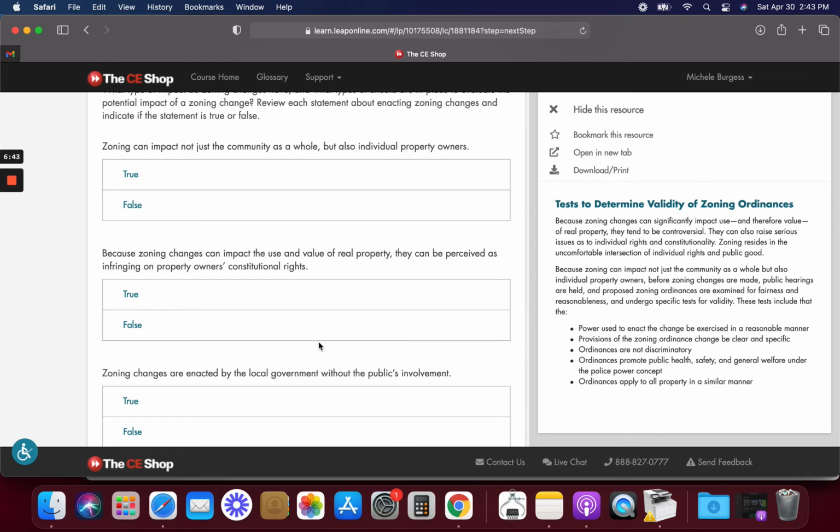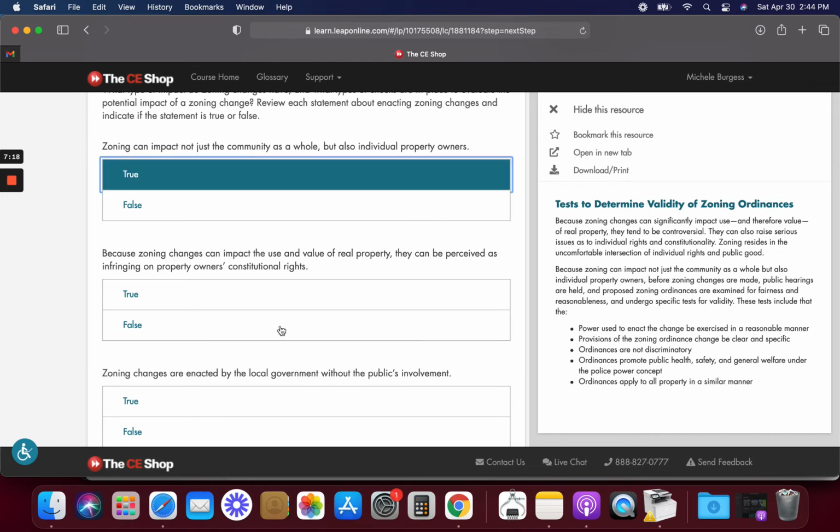They're going to look at whether it's discriminatory, if all the property is cohesive together, if it makes sense for the community, if it promotes public health, general welfare, if the change is going to be exercised in a reasonable manner. All these things are considered at the public hearing. And if you have concerns at all, then you need to go to these things. If it is going to affect your community in some capacity,